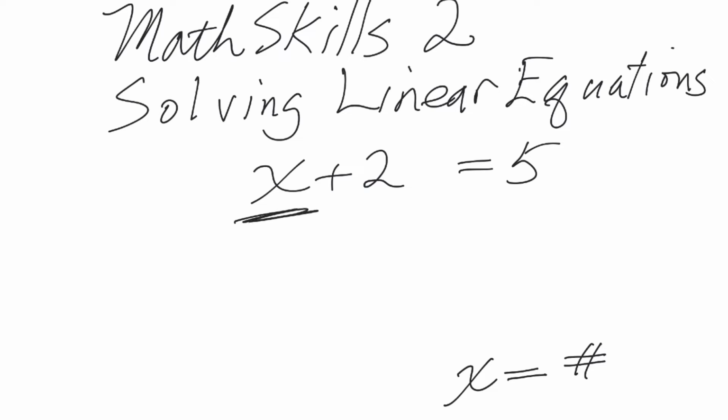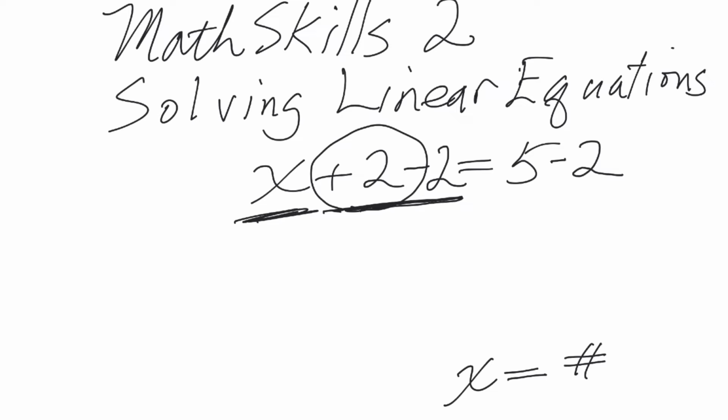As you see, the variable x on the left is fine, but now we really don't want the 2 here, because if the 2 is on the other side, then we can say x equals a certain number. Now, to get rid of plus 2, we'll have to add the opposite. The opposite of plus 2 is minus 2. So if you subtract 2 on the left, of course you always have to do the same on the right to keep the balance. A plus 2 and a minus 2,